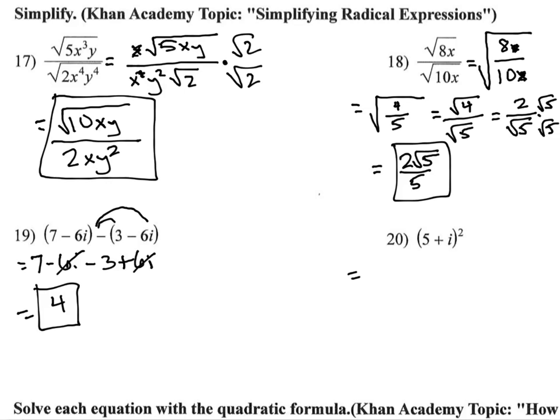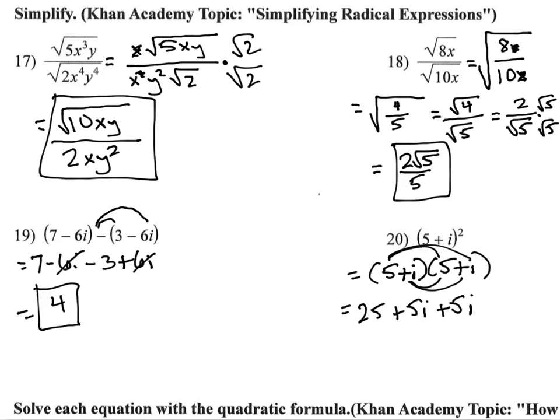But number 20, 5 plus i squared. I'm going to write that as 5 plus i times 5 plus i and FOIL. 5 times 5 is 25, plus 5i, plus 5i, plus i squared. 25 plus 10i, and remember that i squared is a negative 1, so it really turns into a plus a negative 1 or minus 1. 25 minus 1 is 24, plus 10